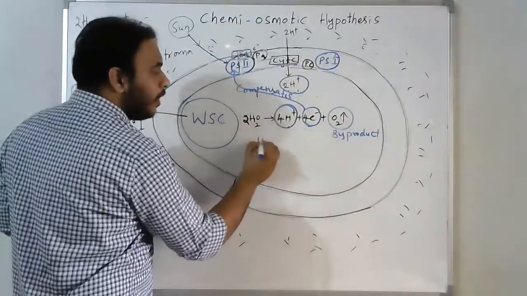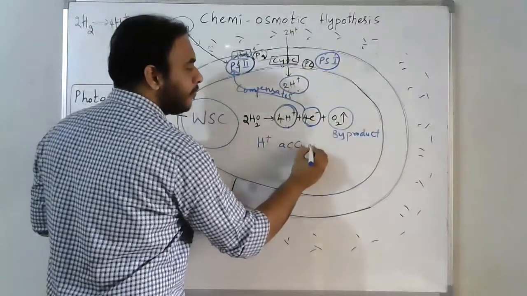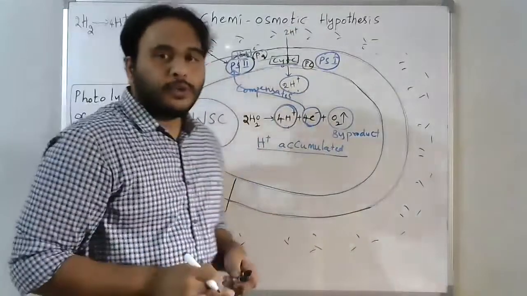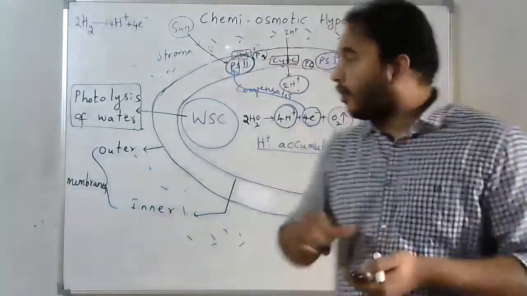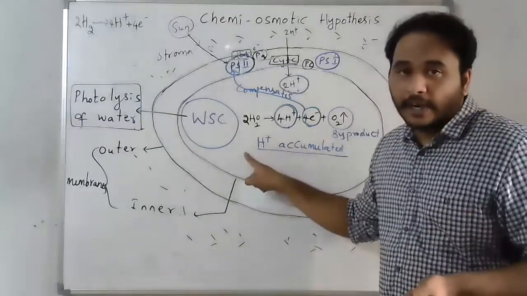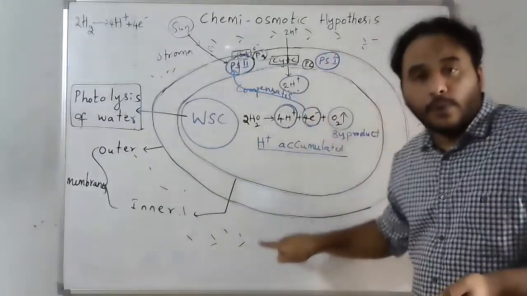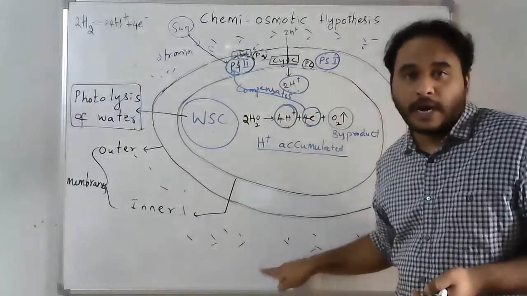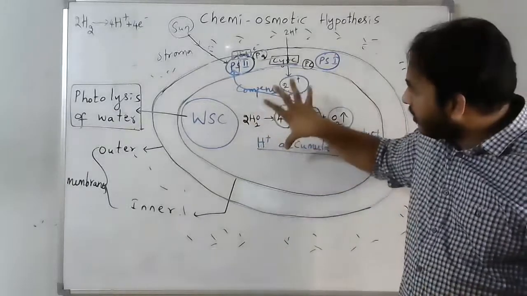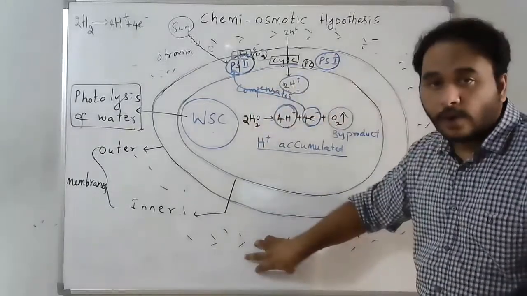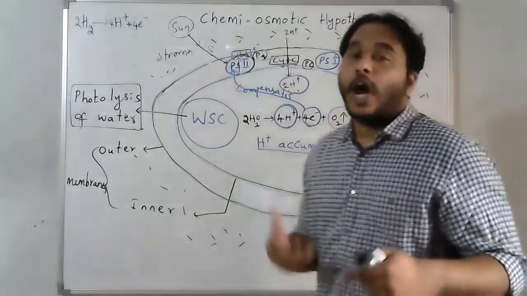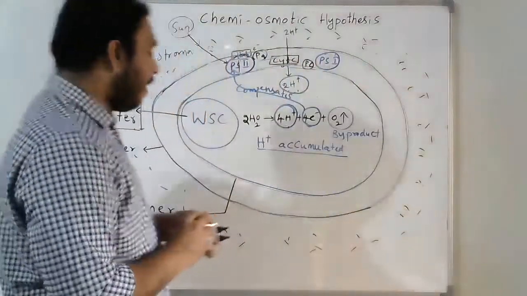So the protons get accumulated. Due to this proton accumulation, the concentration of protons is high in the lumen of the thylakoid, and the proton concentration in the stroma is less. So the protons will diffuse from the higher concentration region to the lower concentration region. How will they be diffused? With the help of